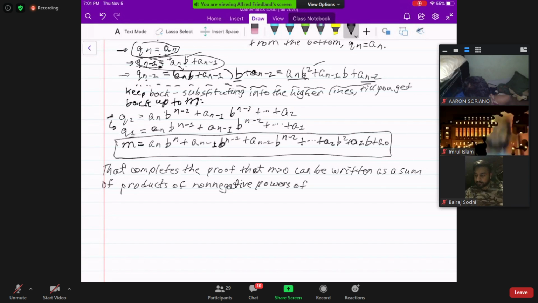We looked at base 5, we looked at base 2, base 10, of powers of any base b